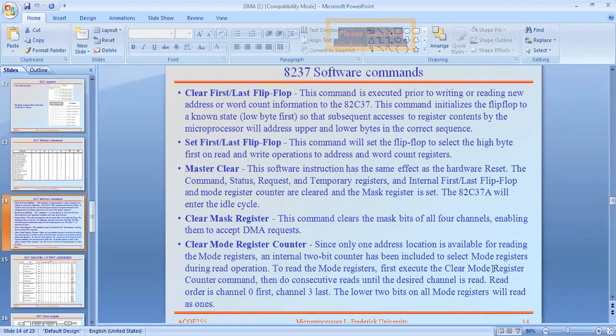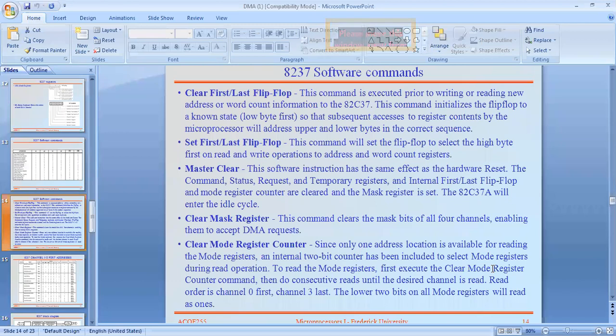This command is executed prior to reading or writing a new address or word count in the 8237 register. It also initializes the flip flop, to know the status and subsequent access of the register contents by the external microprocessor or microcontroller, with upper byte and lower byte accessed in a proper sequence.